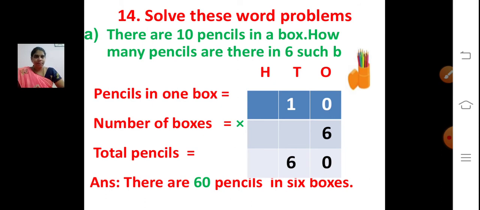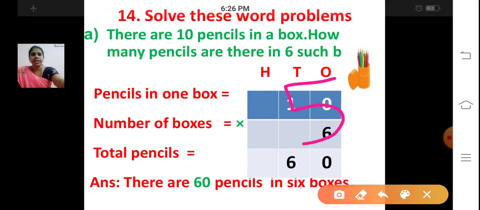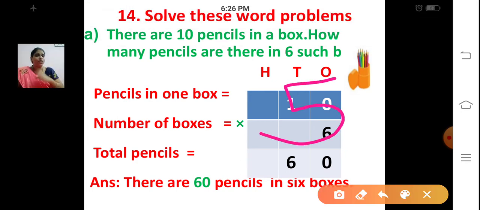See, if it is a multiplication sum, they will give the value for 1 and they will be asking for more. Say for example, they'll give the value for 1 chocolate. The cost of 1 chocolate is 5 rupees. What is the cost of 2 chocolates? So we know the value for 1 and they are asking for more, right? 2 or 3 also. So now tell me what is the cost of 4 chocolates? We know the value for 1 and they are asking for 4.